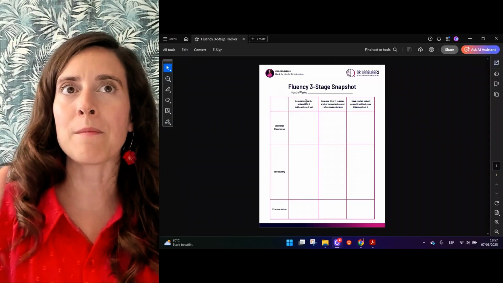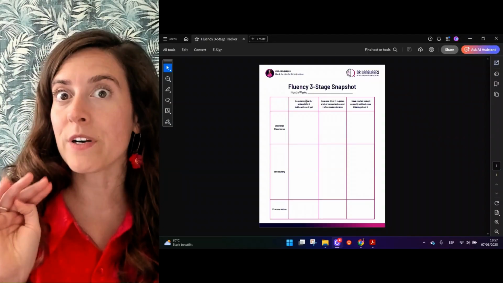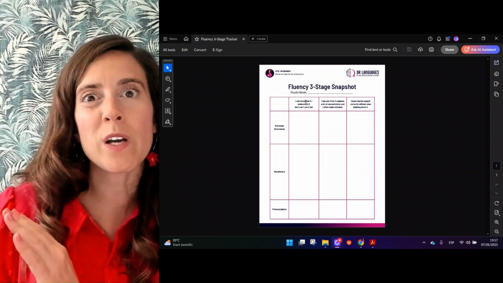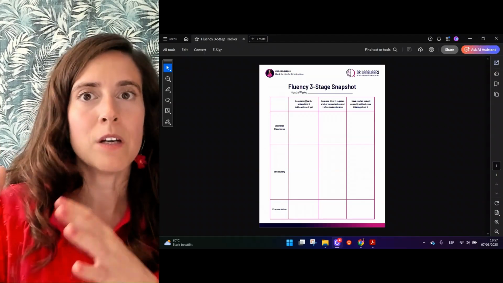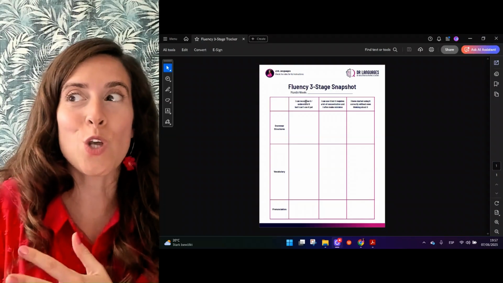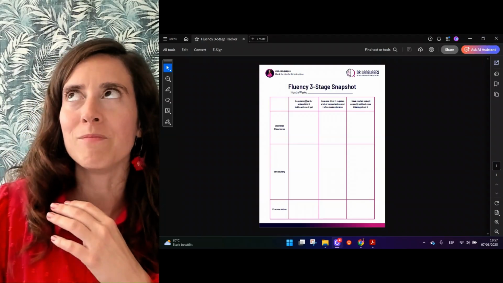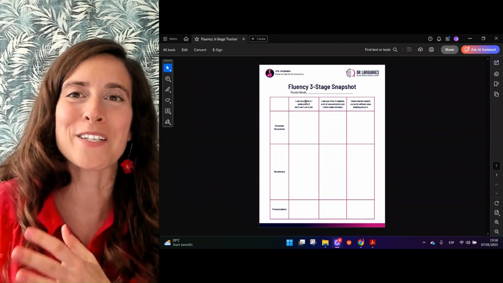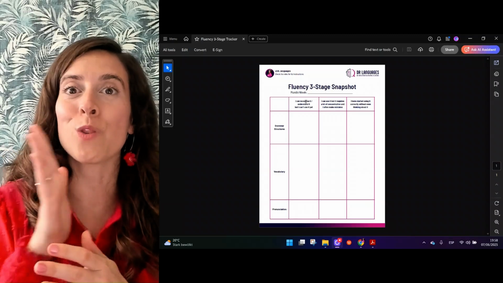So basically I only have 3 stages. Why only have 3 and not 4? Okay, because the first one, we're not going to really care about it right now. The first one, remember, is all the things that we don't know that we don't know. So we're not going to put the entire dictionary in there, right? So it makes no sense. So we're going to focus on stage 2, 3, and 4.